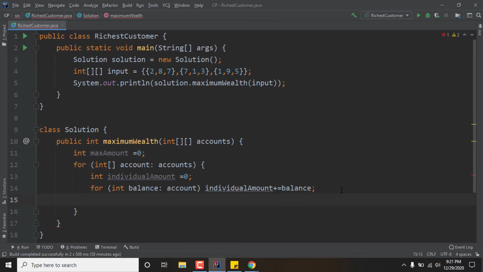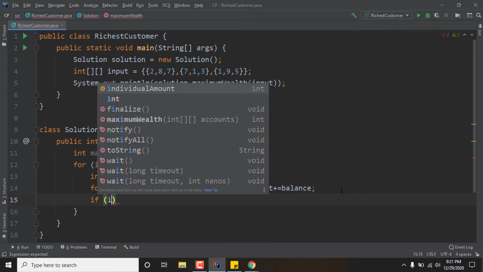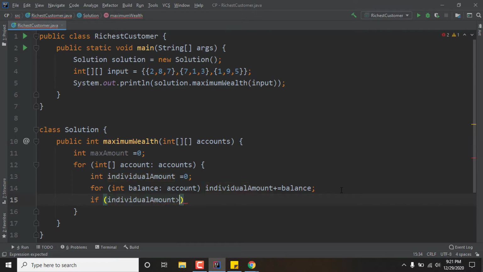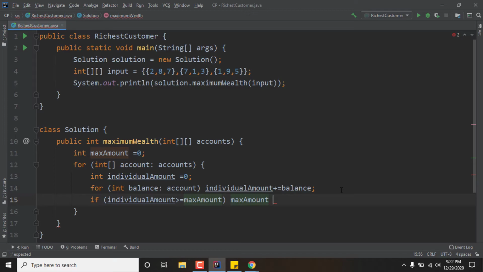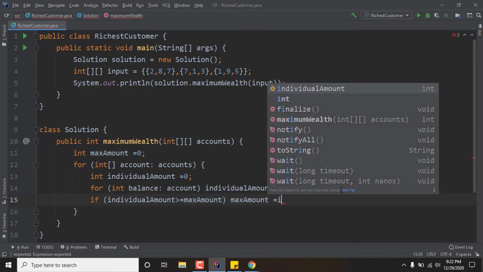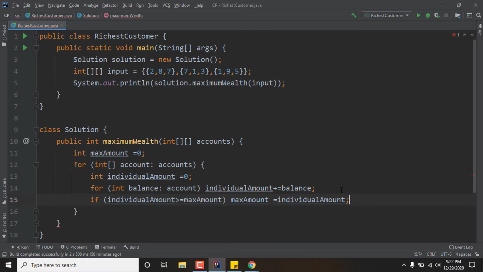To get the max amount, I will write a conditional statement which will be like this: if individual amount is greater than or equal to max amount, then max amount equal to individual amount. So what we are doing here, first of all, we are summing these three and finding the total individual amount,